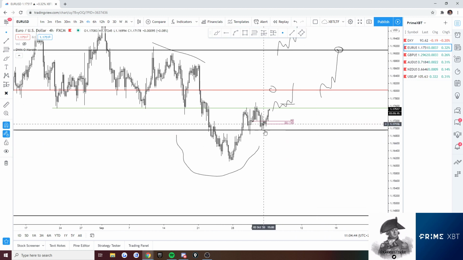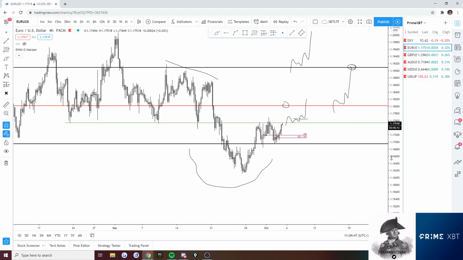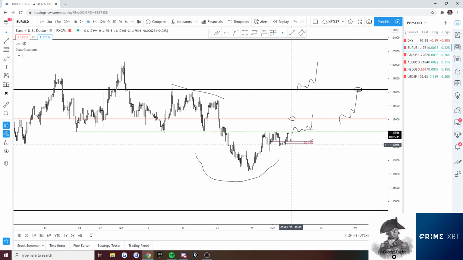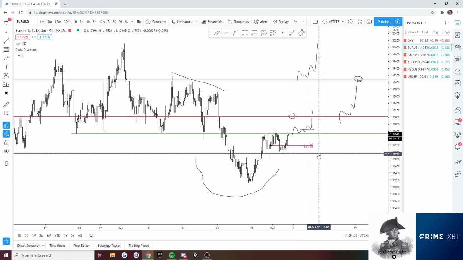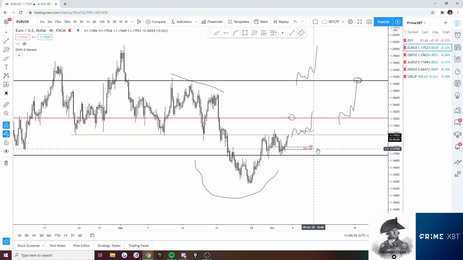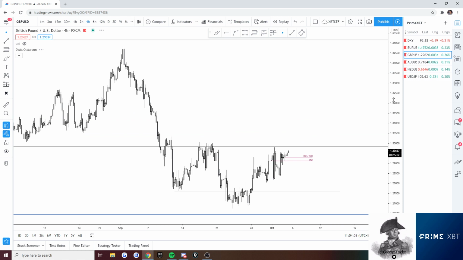So yeah, slightly leaning bullish on this one, but not a trade trigger yet, because we're right at resistance. But again, we're above the monthly open, the daily open, and the weekly open, so leaning bullish on this one. Right, then